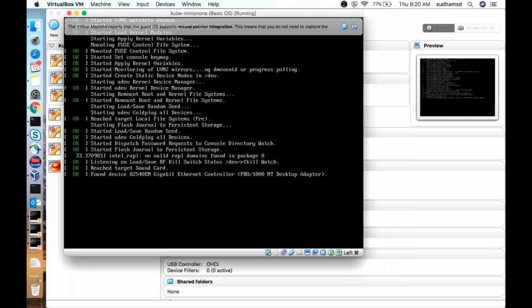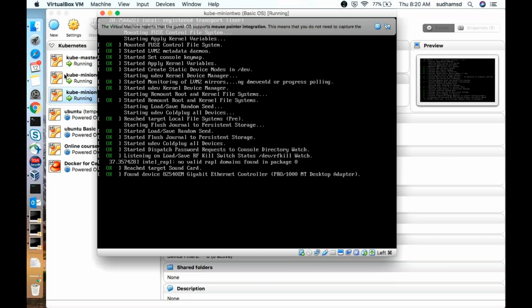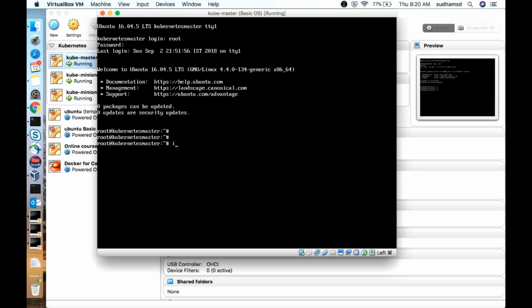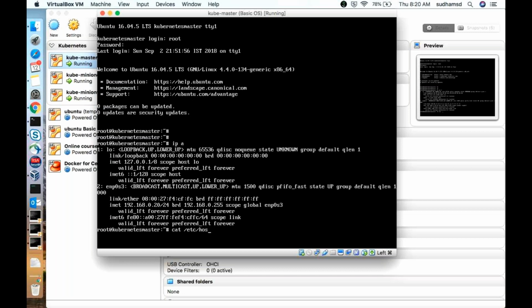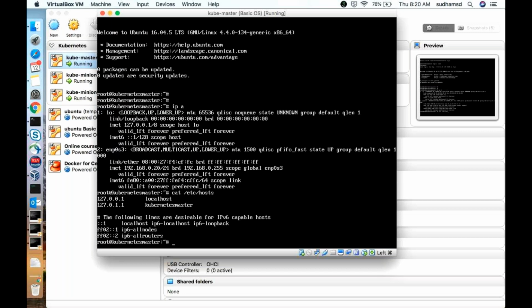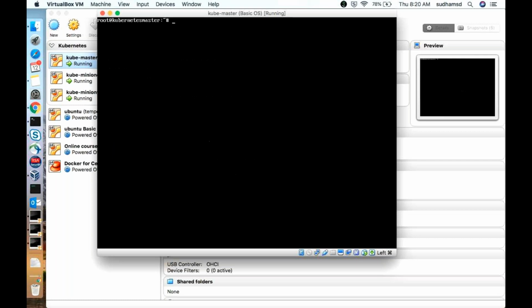Okay, run the IP space a command. So you can see the network which is already configured, and the host server is not updated with any details, so I need to update it. What I need to do is just update the host server.